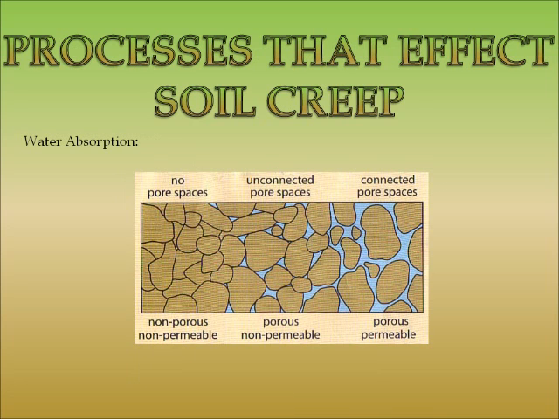Water absorption. When determining water absorption, there are three main factors to consider, which are permeability, porosity, and water retention. These all influence the accumulation and distribution of the water in soils. Permeability is a measure of the ability of a porous material to allow fluids to pass through it, whereas porosity is a measure of the empty spaces within the material, therefore indicating how much water it can hold. Whereas water retention is the material's ability to hold onto this water.